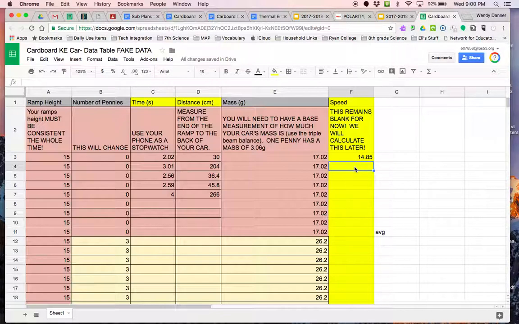Anyway, we're going to calculate speed for each and every single row. Once that's done, you're going to calculate the average. Remember, the average is where you add all of these up and then divide by however many there are. I think there's 9, if I remember correctly. So let me just throw some numbers in here. We have 14.98, 14.65, we have 2. Something was really goofy with that one. 15.01,